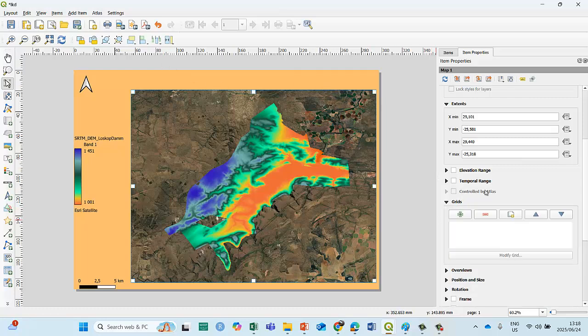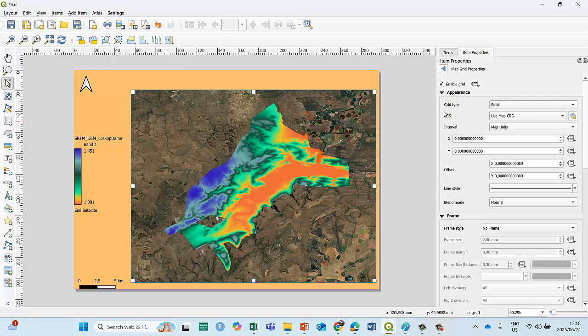Now this is where it becomes a little bit more tricky, but also exciting. So once we've got grids, we're going to click on the plus button, because we're going to add a grid now. Then it gives you grid there. Then we highlight it. We're going to say modify the grid. Now it goes up. Now the first thing that we want to do is to bring in the grids itself, and this is where we're going to use the X and the Y interval. Now here